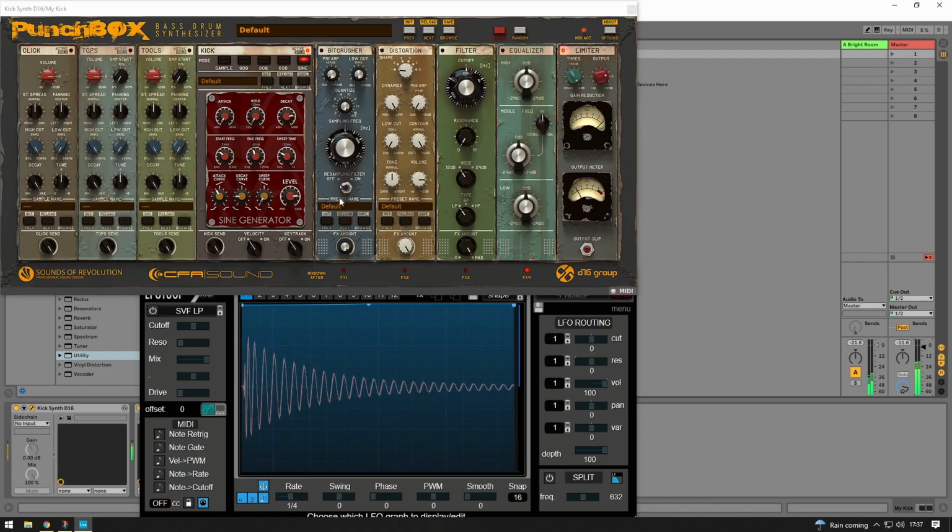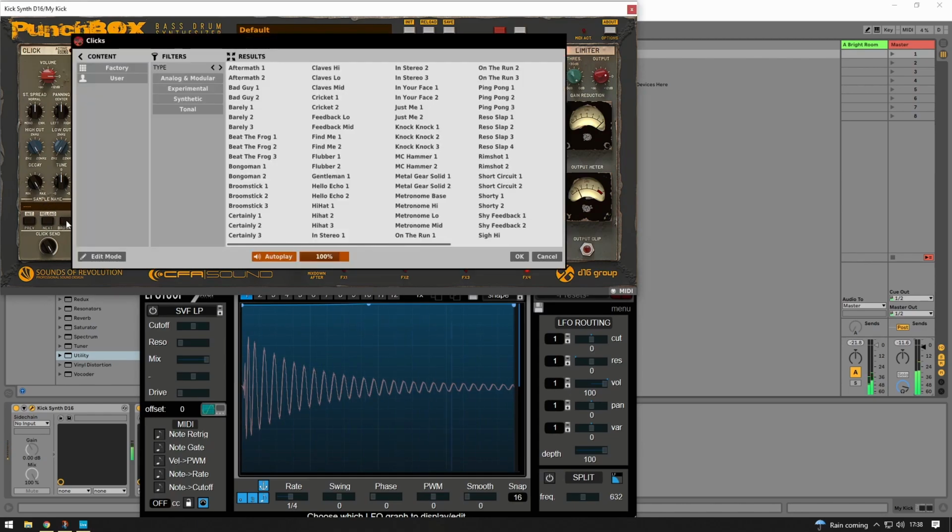So that's pretty good for the body of the sound that we're aiming for. Now I'm going to bring in a couple of these other elements here. These are additional samples that you can layer in on top of this, which is generated. This is like a synthesized sine, and these will be samples or recorded sounds that you can layer on top to accentuate certain elements. So for our attack portion, we're going to use the, if I can find it,